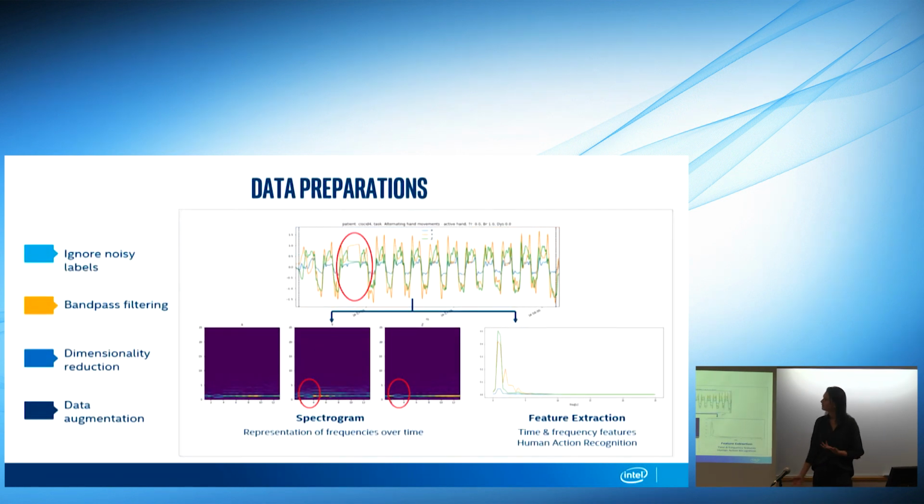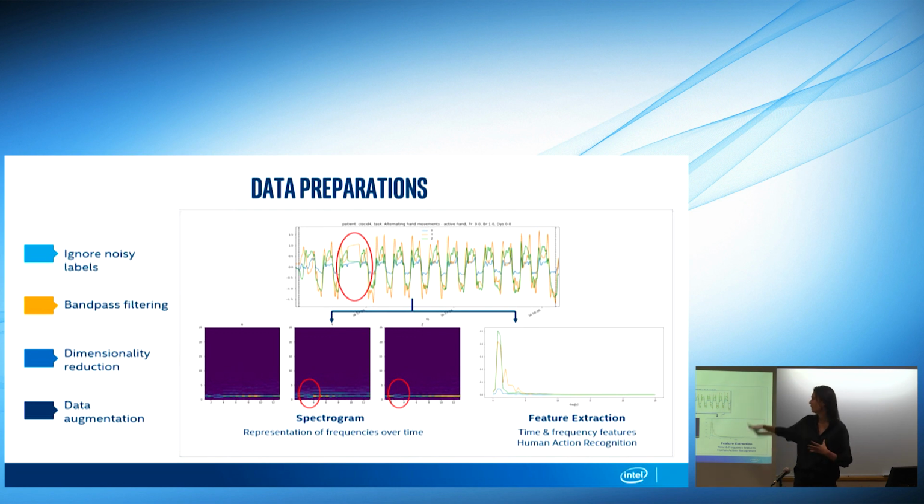So the next stage was analyzing the data and preparing it for our modeling. There are a few stages of data preparation that we have done. First of all, as I said, we have a lot of labels that are very noisy. Some of them, in several iterations, we cut from the data because we saw that they confused the training model, and we had videos also. So in cases where we see discrepancies between the scores and the videos, we reduced some of the tasks.